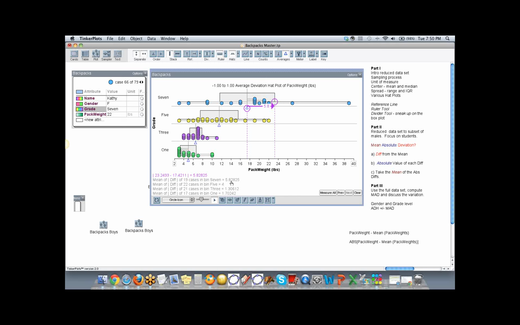Here we see the 5.8 to the positive side. If I drag the ruler over to the other side, what do you think we're going to see? We're going to see 5.8 below. This is very similar to what we would see with plus or minus 1 standard deviation in a normal distribution. And students, at least the students that I teach, get very confused with that. It's something that's just very abstract and they don't really understand it. And I'm hoping that, by using this tool with TinkerPlots, my students will actually understand what this -1 to +1 average deviation is actually showing them.